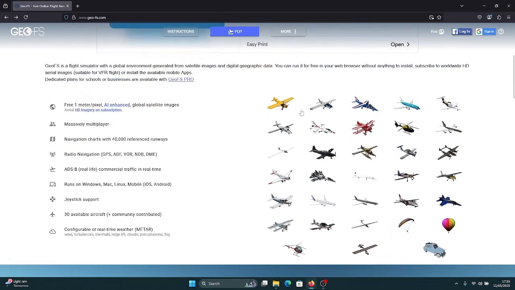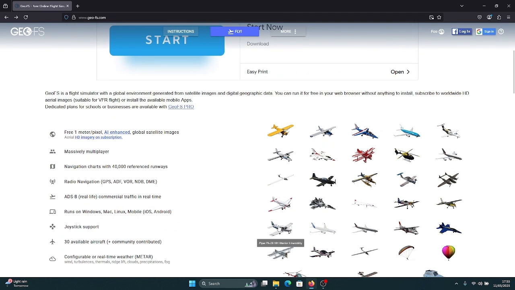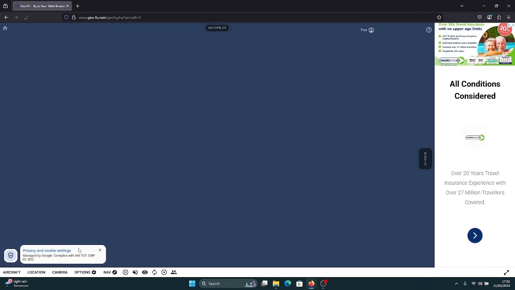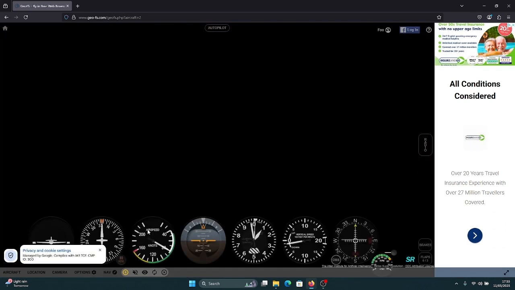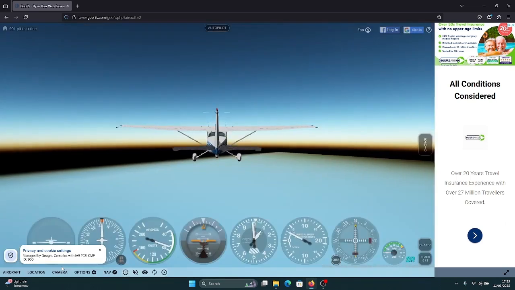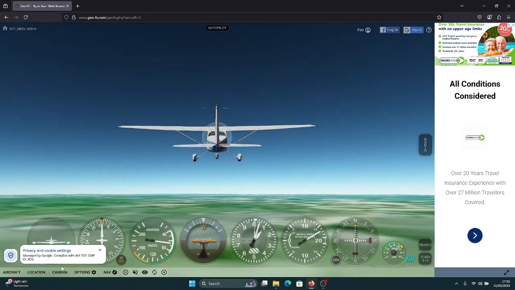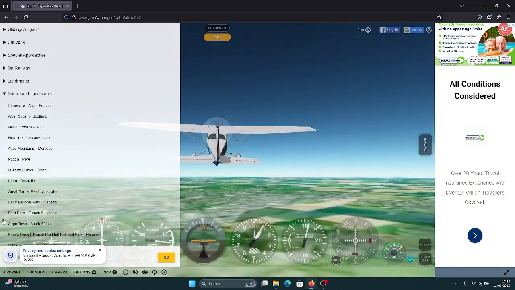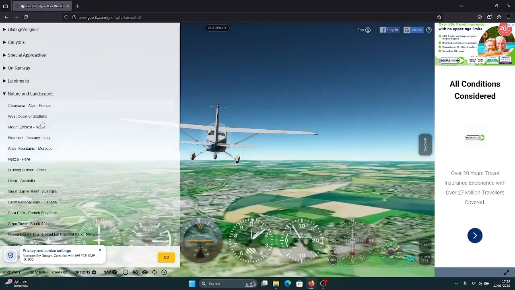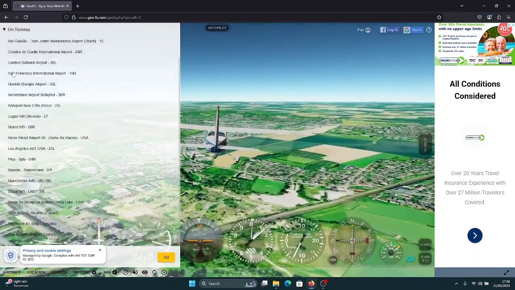But in here you've got a bunch of different planes. So what we're going to do is, first we're going to fly a Cessna 172, then a 737, then a Concorde, then an A350. Alright, let's load in with the 172. I've already played this game, so my yoke and stuff are set up, and I had to do some testing for landings. But so I'll need to move it because it will be airborne. Yeah, our plane's airborne. It's on approach to London. You're right, that was a jump scare, right? So we're going to go on runway, and then we're going to go